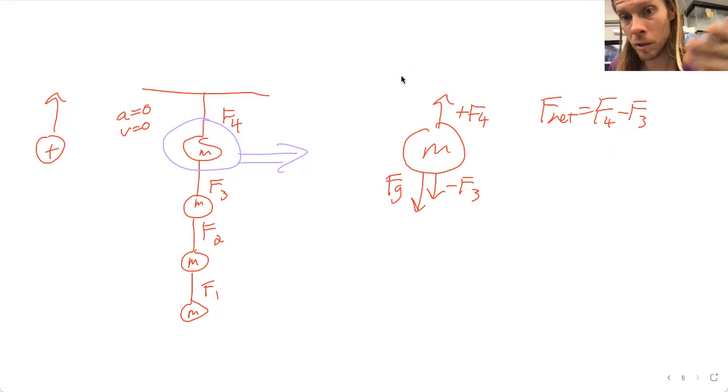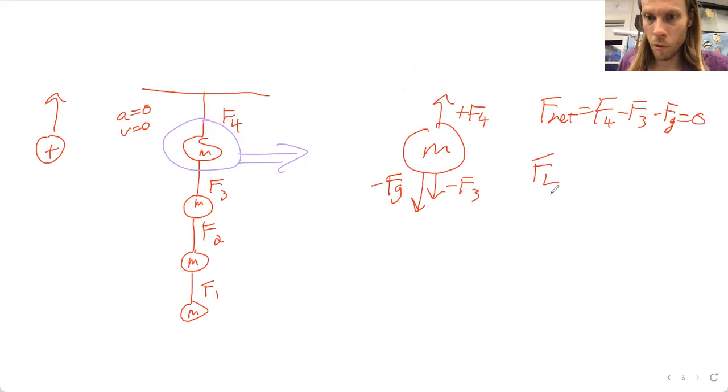You see my thought process? I'm thinking out loud. This is what you want to do. I draw it. I know it's down. I made positive up, so it's negative. Great. So minus FG equals 0, which means F4 upward, the tension in this rope, is the tension in the bottom rope plus mg, because remember Fg equals mg,